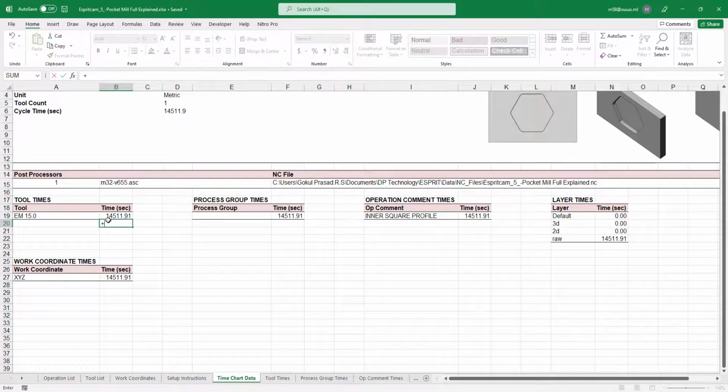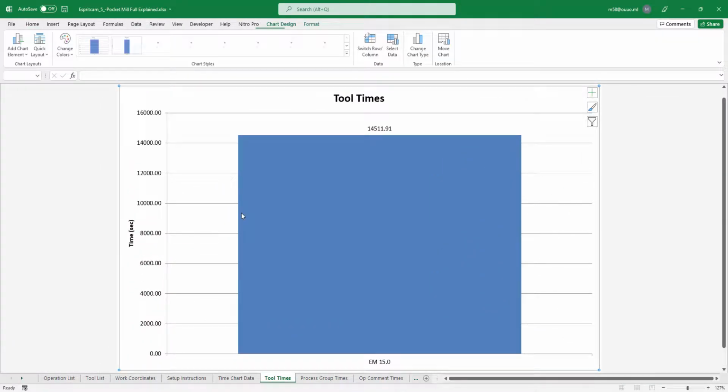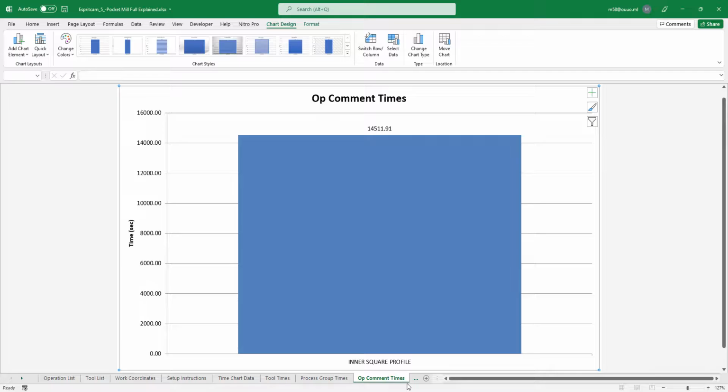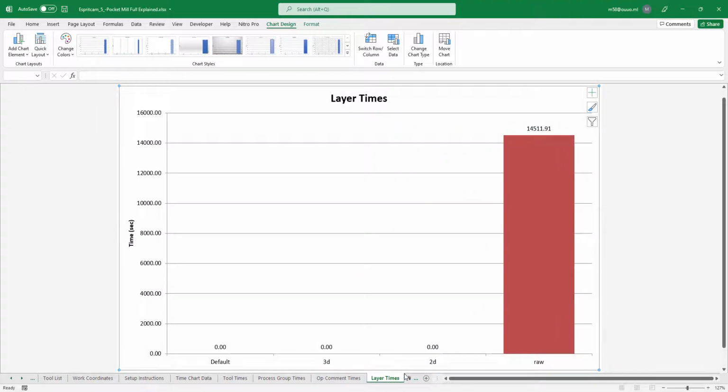Okay, so it is given in seconds, so when we divide by 60 we will get 241 minutes, that means 4 hours. The work coordinate will be taken up to that, so it has given something. So next is tool times. You see only one tool goes through. When we do multiple tools, it will give you a bar chart, so we are able to study which is the maximum occupying tool, and this is our layer,